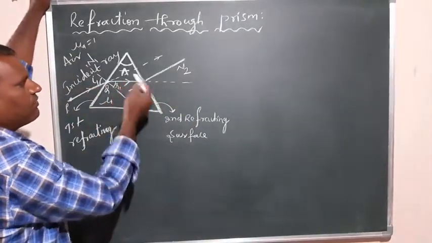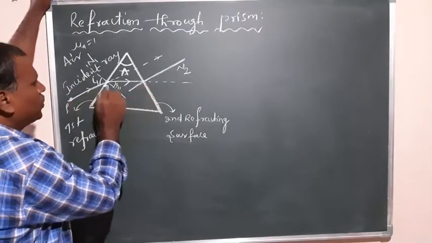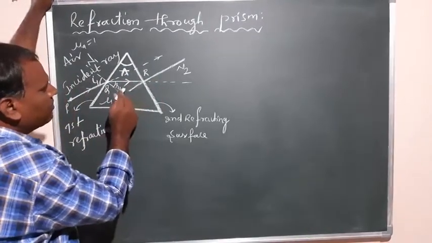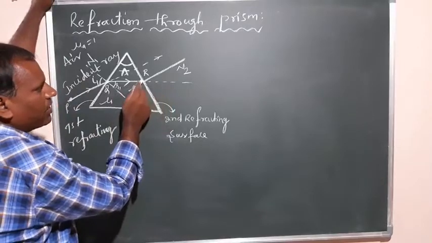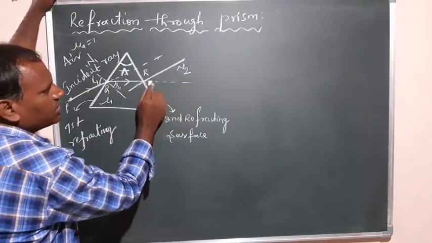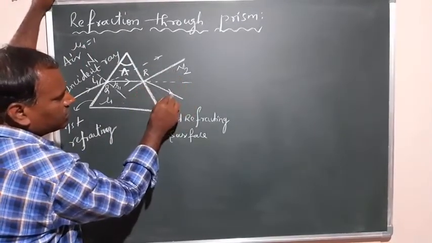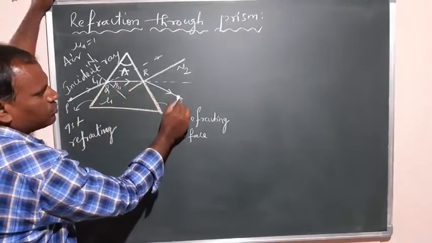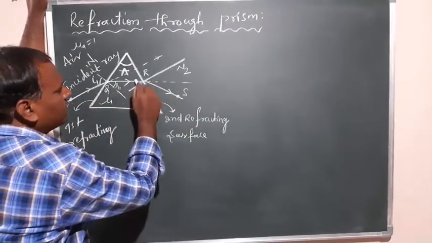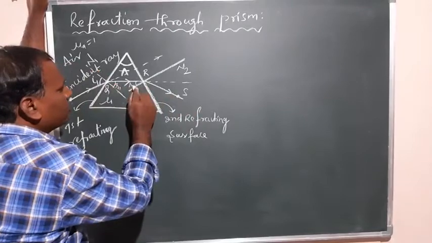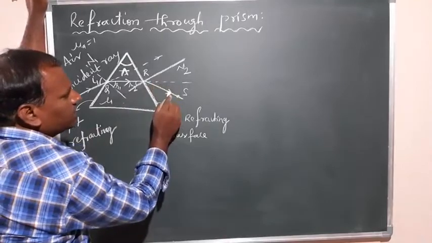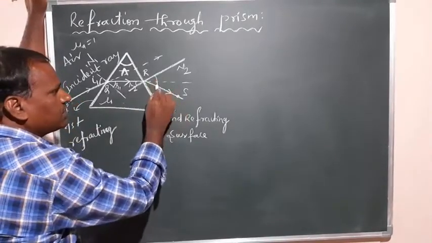But this ray is propagating from where to where? Let this point be R. Capital R I am writing here. Now here this ray of light is propagating from denser to rarer medium. So when it is propagating from denser to rarer medium, definitely the ray can be bent away from the normal. This is a normal ray. So this is the initial direction. So it can be bent away from the normal like this. So here this is the normal, and this one is called the refraction angle at the second refracting surface, that is R2, and this is what is refracted, that is coming out, and this is the normal, let it be I2.